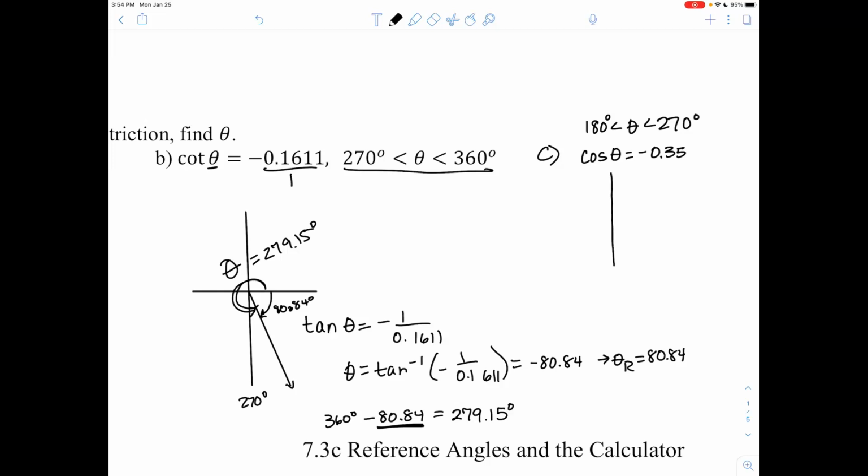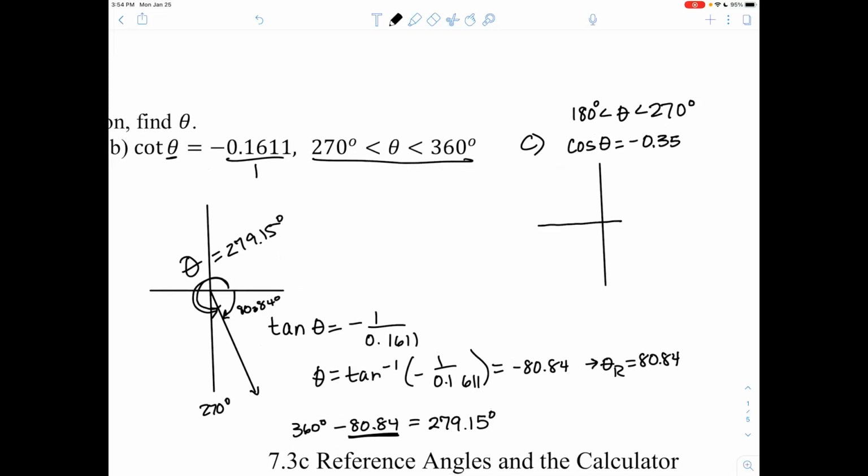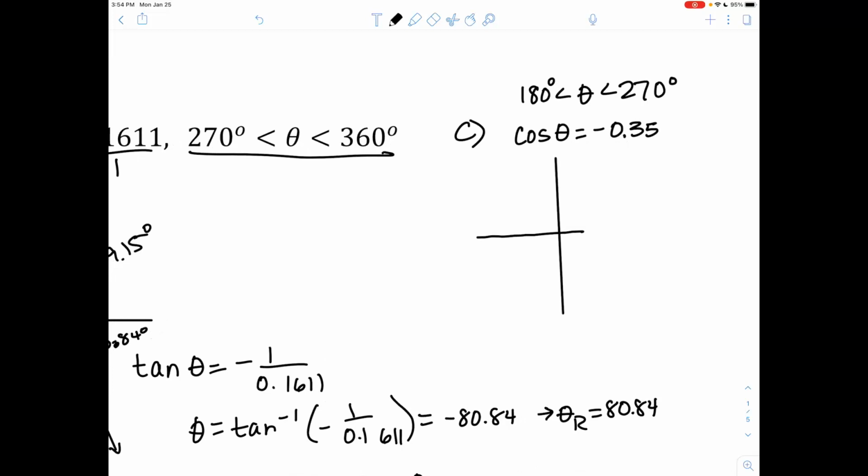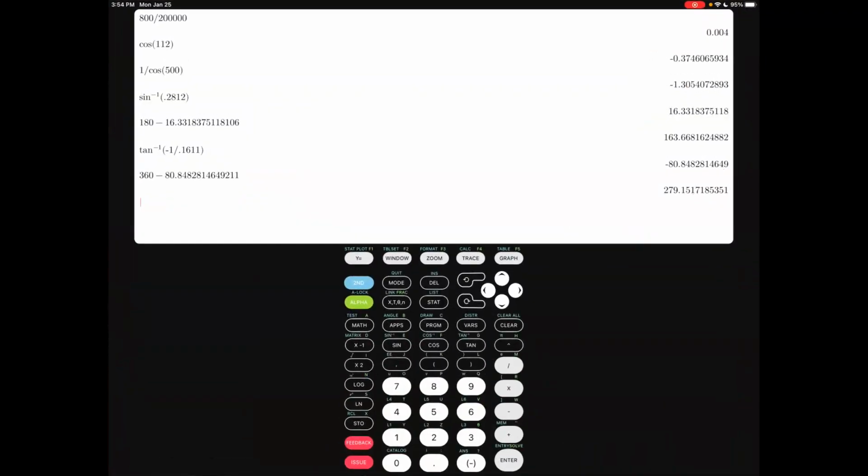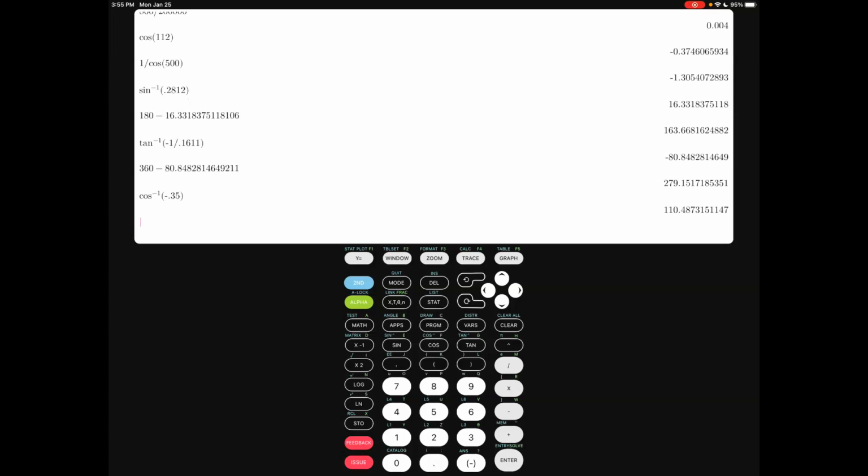Okay, so what are we going to do in regards to that? Because if you recall, I told you the calculator won't give you an answer for theta in quadrant 3 ever. And with cosine, you get that special situation where the calculator will actually give you an obtuse angle if your cosine is negative. So we're going to plug that into the calculator. So theta equals cosine inverse of negative 0.35. So we'll plug that into the calculator. So second, inverse cosine of negative 0.35. Hit enter, and that's a